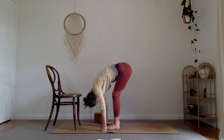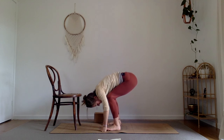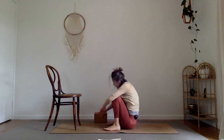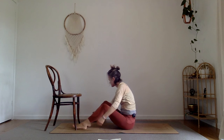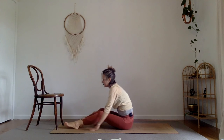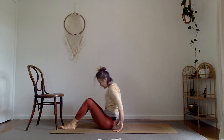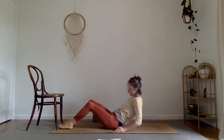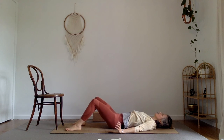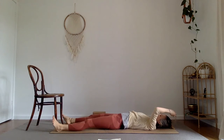Good. And begin to separate the feet. Take them a little wider. And bring the buttocks down as you bend the knees. Buttocks to the floor. And feet out in front. Just moving the props away now, so that you can come and lay down on your back. So take it really slowly, please, so that you can find your way down to rest onto the floor, supported by the earth. And let the feet fall out to the sides,